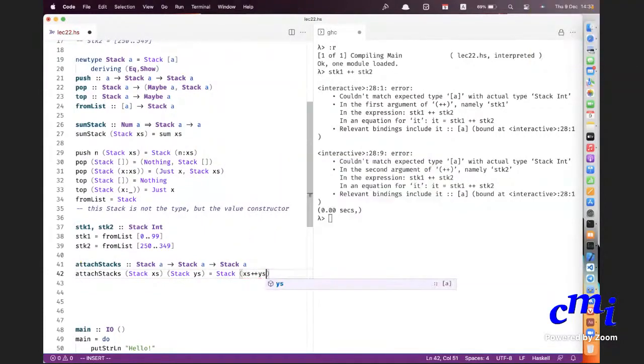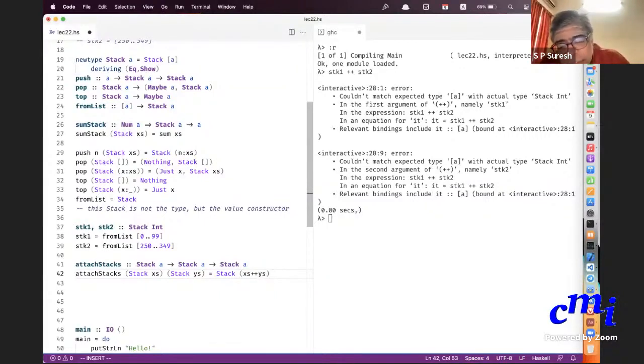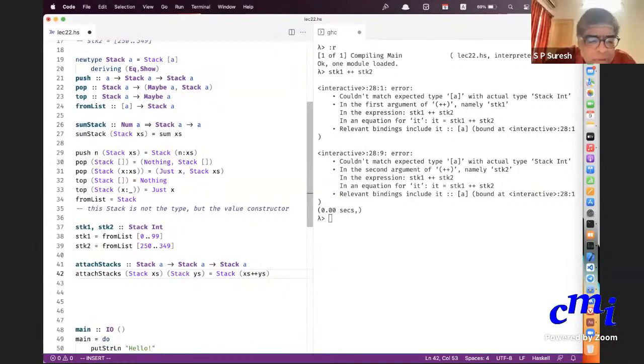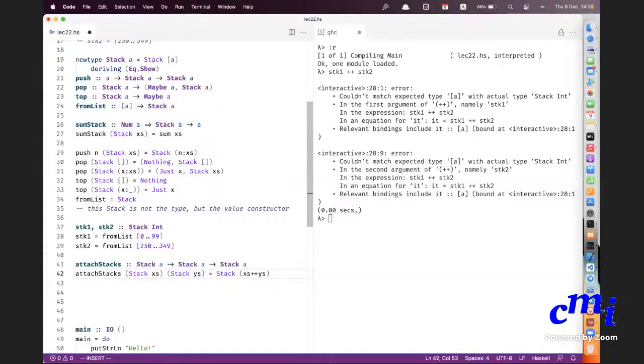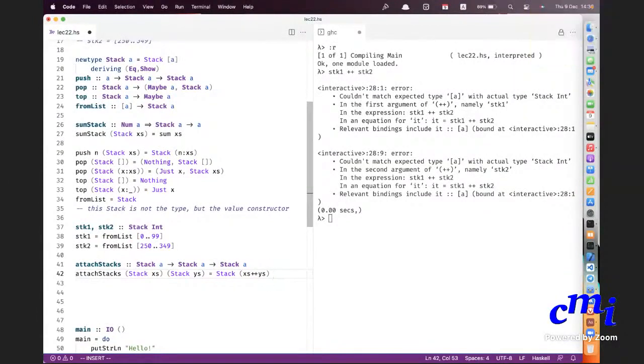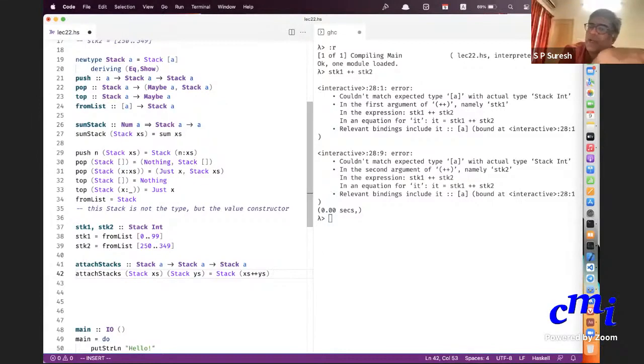I think I didn't understand that part. So then what is the point of having deriving show? Very nice. What is the point of having deriving show? Why do you say what is the point? Because you said that you have to put show in the function anyway. But if all the stacks derive show, then no. You don't need to put the function. I'll tell you in a minute. If you do deriving show, it will give you an automatic.